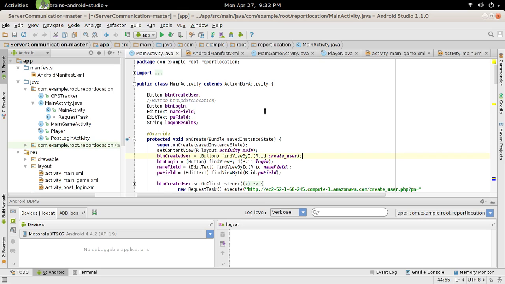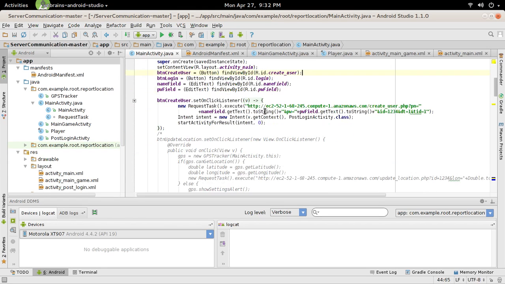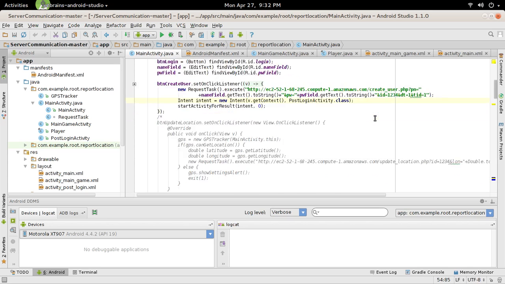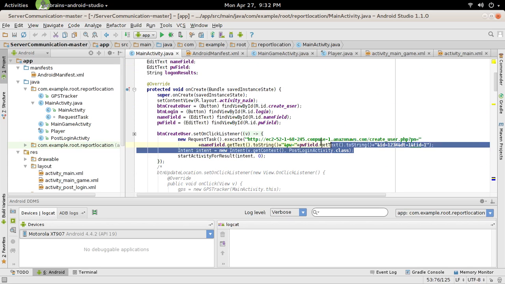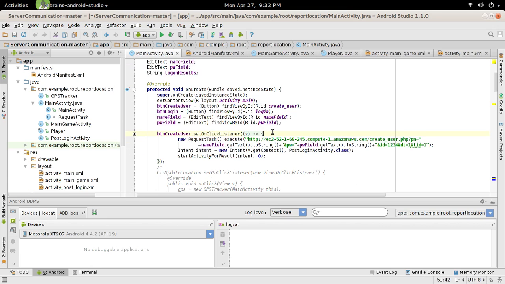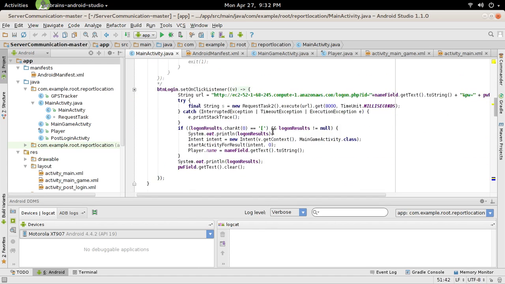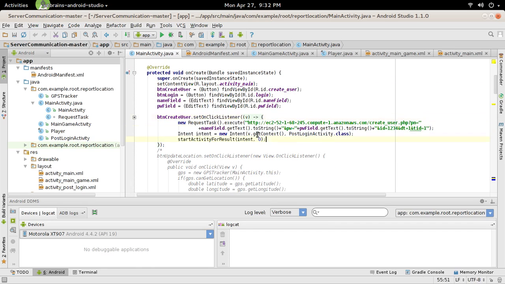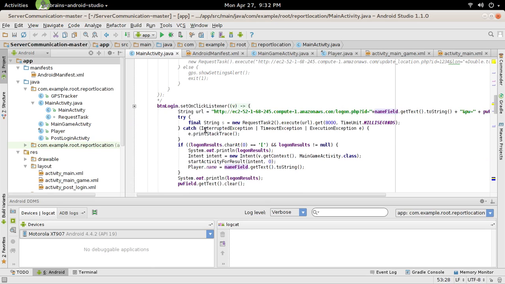Anyway, the game as of right now doesn't look pretty, but it's got a couple of activities in it. The first is a login activity, in which it makes a GET request. You just type a username and password, and it makes a GET request to this URL right here. I still haven't set up dynamic DNS. It makes that request, and the server will send back a JSON object, authenticating the username and password. This is the create user, which is the exact same thing as the